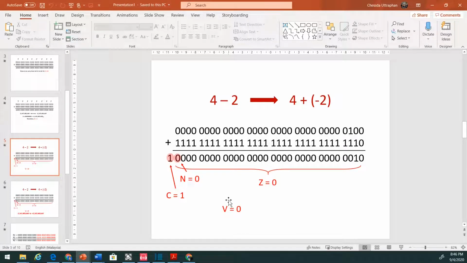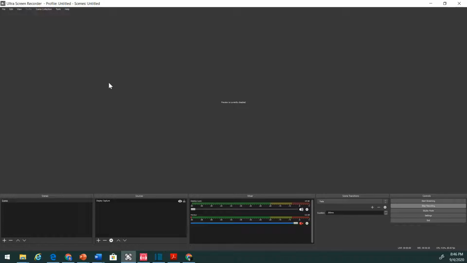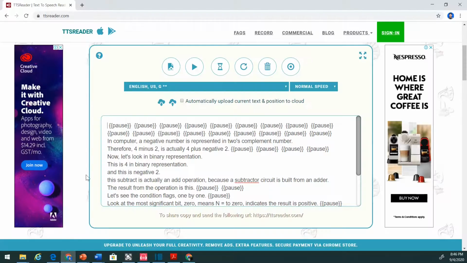So the first thing you need is to get your PowerPoint presentation ready. And next is the Ultra Screen Recorder software. Make sure that the volume is set to maximum because we want to record the voice from the computer speaker, but in this case I use the external microphone, so let's make it minimum. Okay, and the last one is the